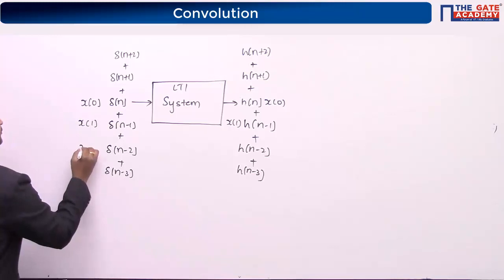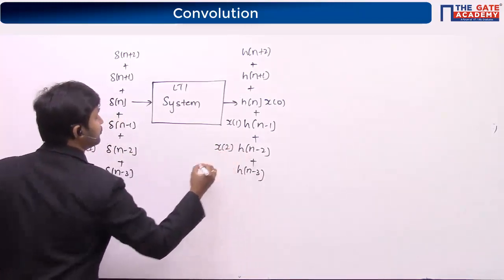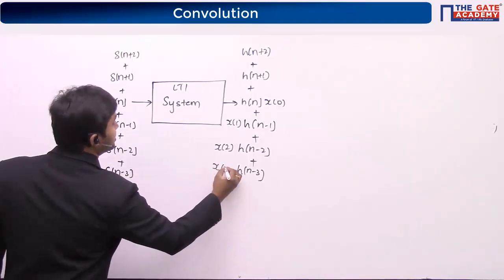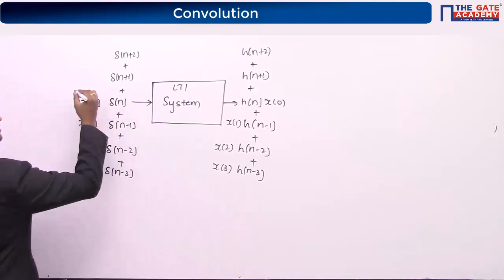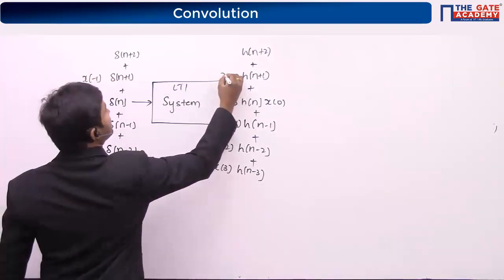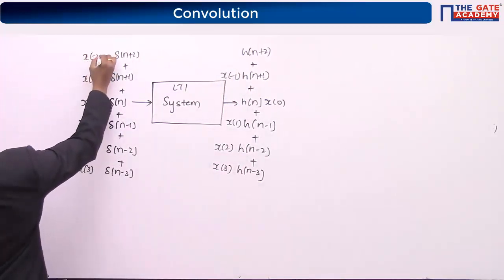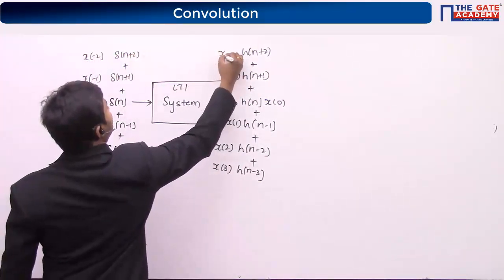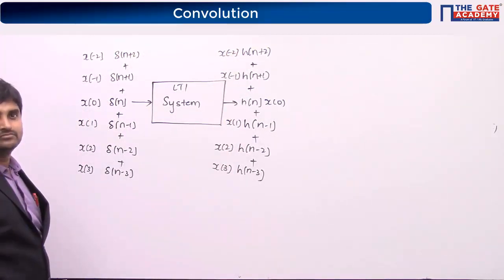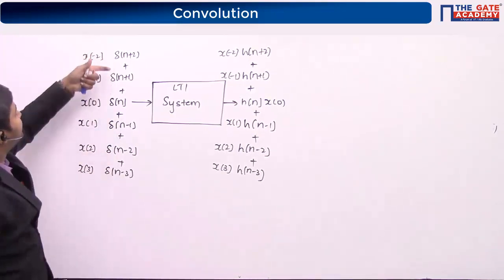If I give x of 2, here also I will be having x of 2, x of 3 over here, x of minus 1 here, x of minus 2, here x of minus 2. Correct? So if I'm adding all of them over here,